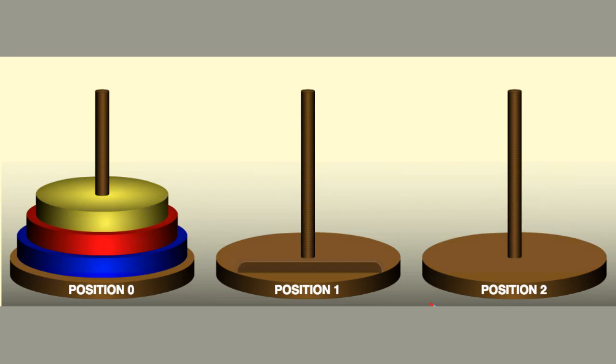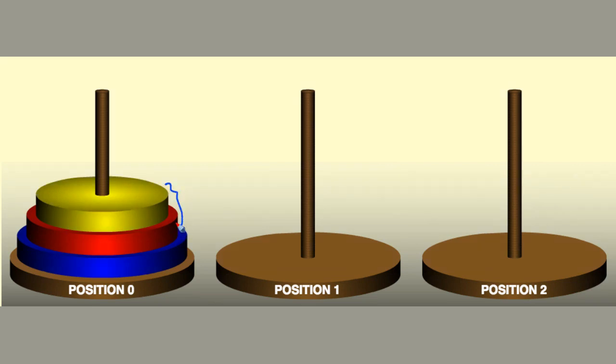If we need to transfer properly for any n, then the bottom disk has to be placed at the bottom, and the disk just on top of it will be placed exactly on top of it in the destination. So for that, we need to transfer all these n-1 disks